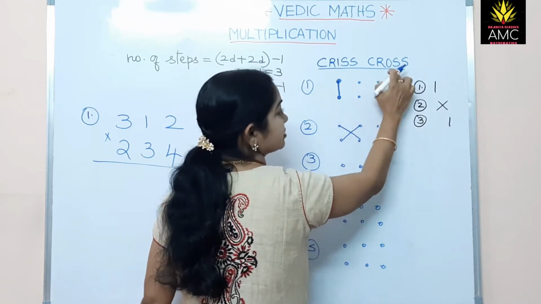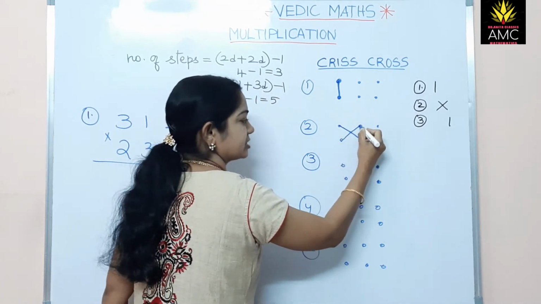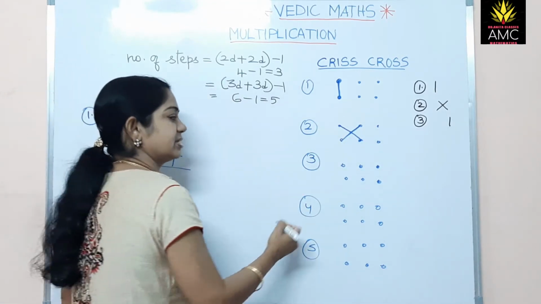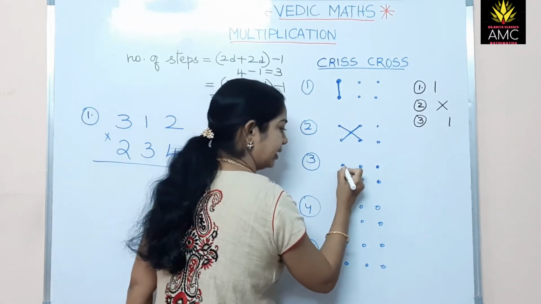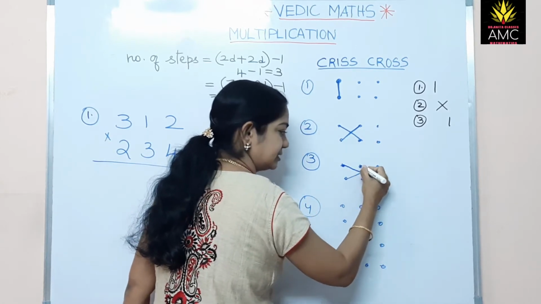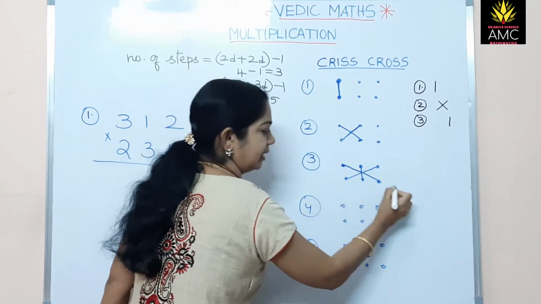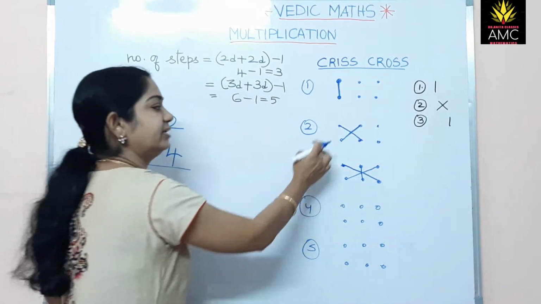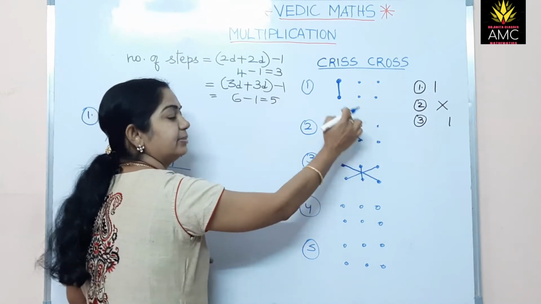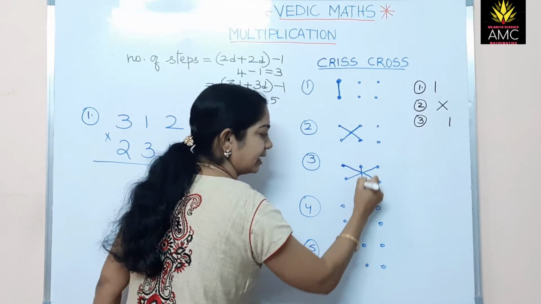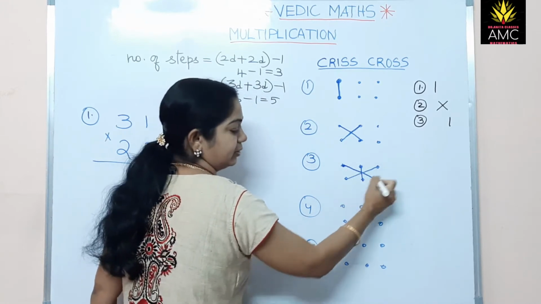Now, in the second one, you have to crisscross. This is the crisscross method: first and second, and second and first, like this. Now, the third step is important. We have to multiply the extremes and the center one here, multiplying all the 3 and adding them. Even here we are multiplying and in between we add. First multiplying the extremes and the center one, so adding all the 3.